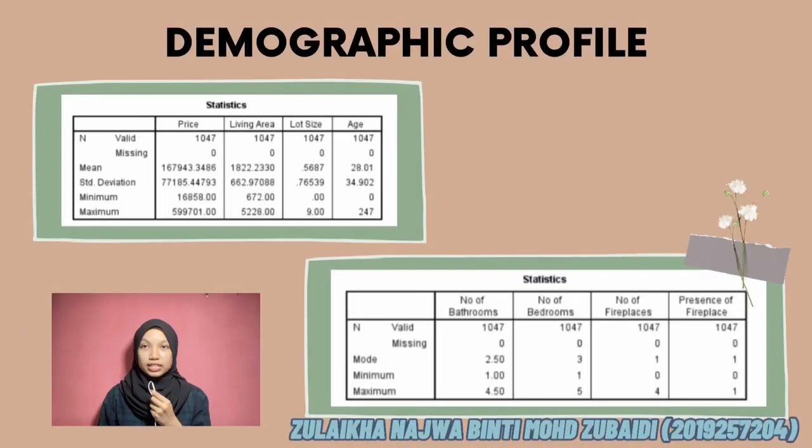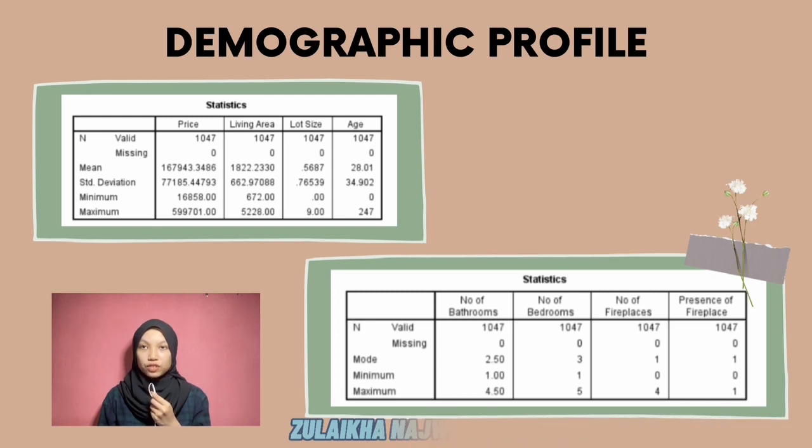Based on the summary statistics, the total samples are 1047. The mean price of the house is 167943.35 US dollars. The standard deviation is 77185.45 US dollars. The minimum price is 16858 US dollars and the maximum is